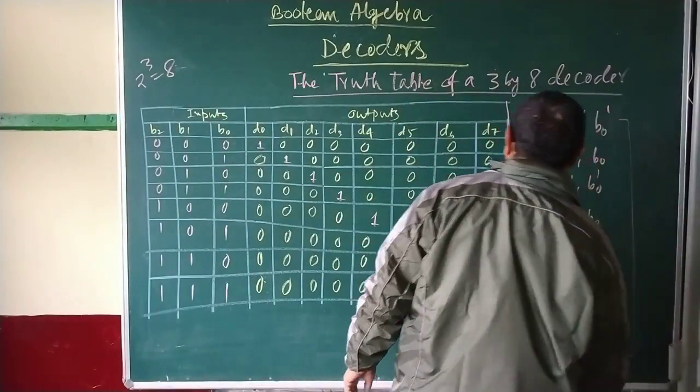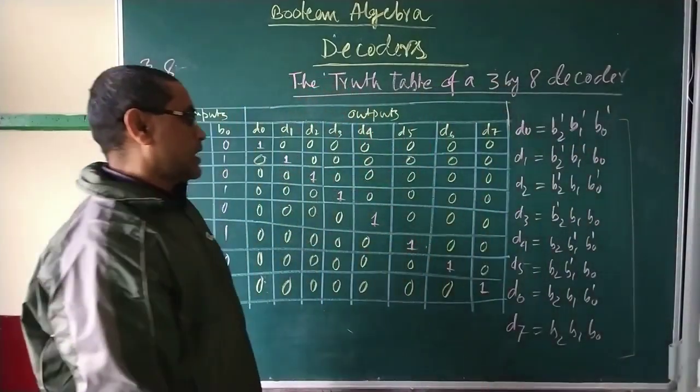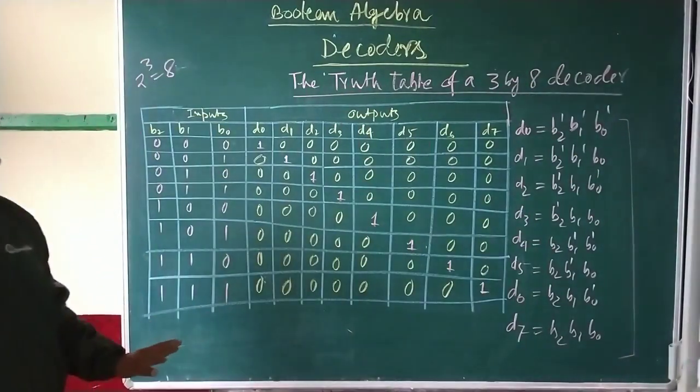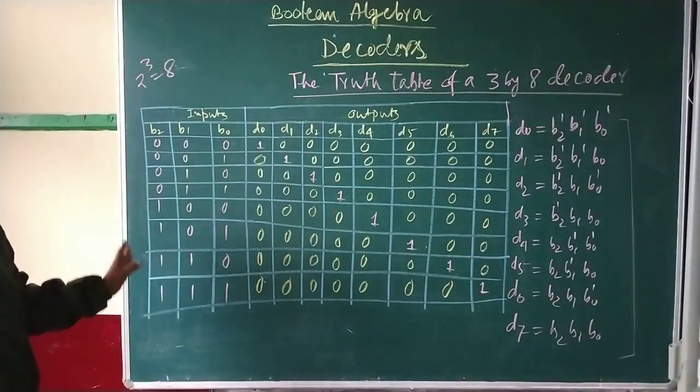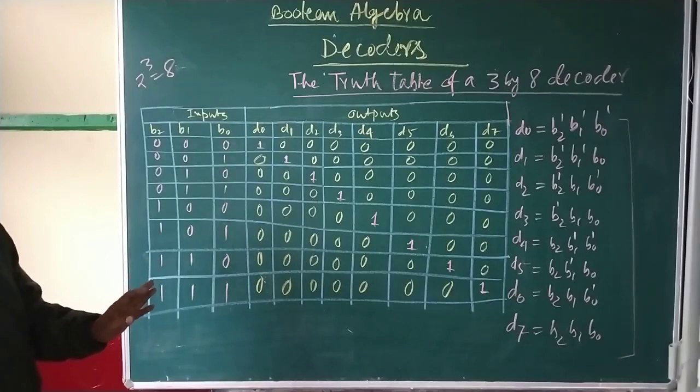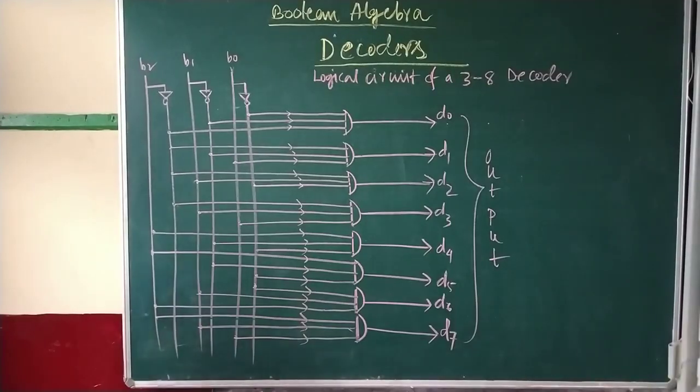Next we will put this into the circuit with the help of this. So if the question comes for the 3x8 decoder truth table, this is your 3x8 decoder truth table. So this is the logical circuit of a 3x8 decoder. This circuit I have also given you in the notes there on WhatsApp, so you can see it there. Just trying to explain a little bit.